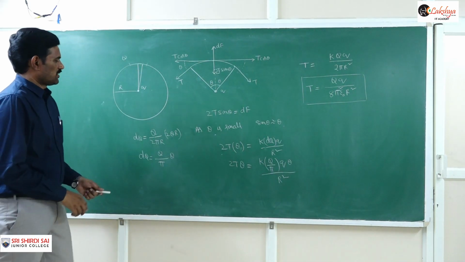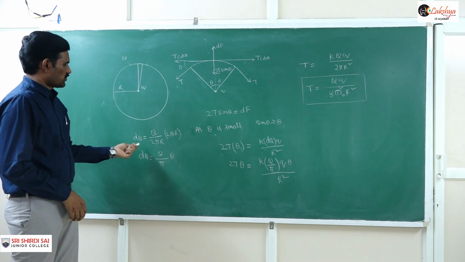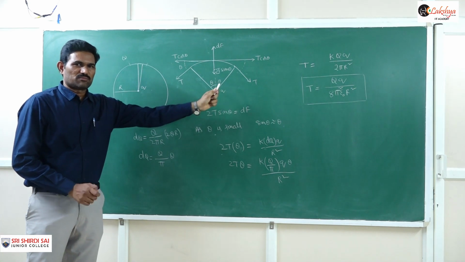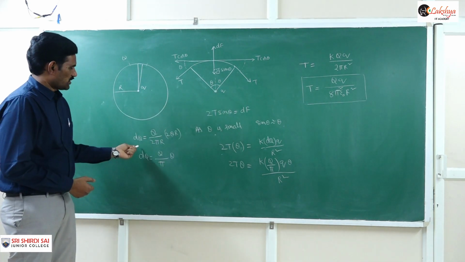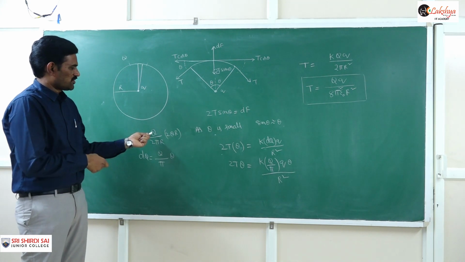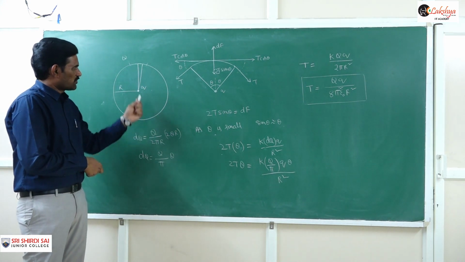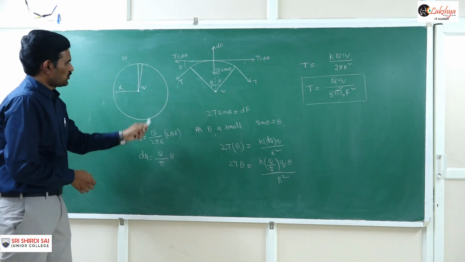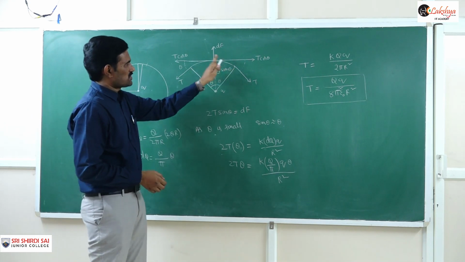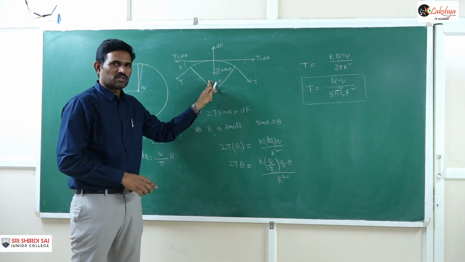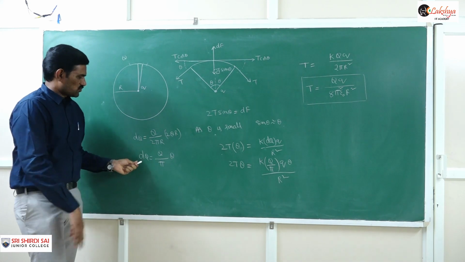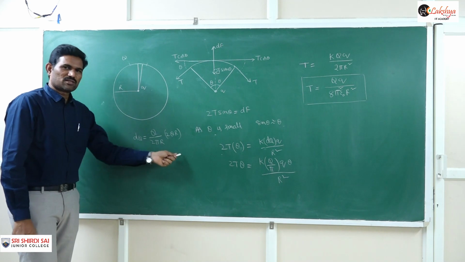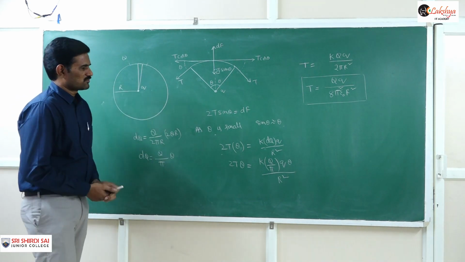So see once again. I am defining the charge on this small element. We are taking a small element here such that it subtends a total angle of 2 theta, where theta is small. So then dQ is the charge on this element we are defining here. dQ is nothing but total charge per total length, our lambda value, charge per unit length, into the length of this element. So observe here, length of this element means you can write it as this total angle 2 theta into R. And so this dQ value we are writing, this 2R you can cancel here, so Q by pi into theta you can write.